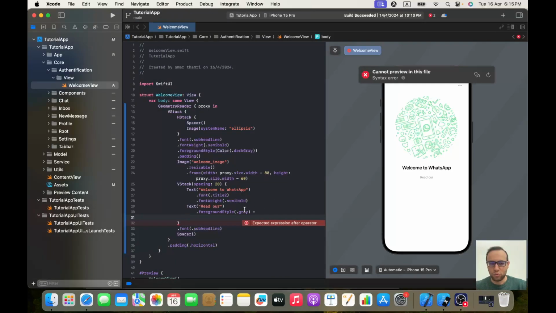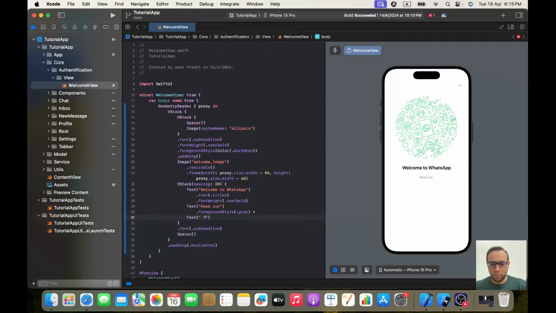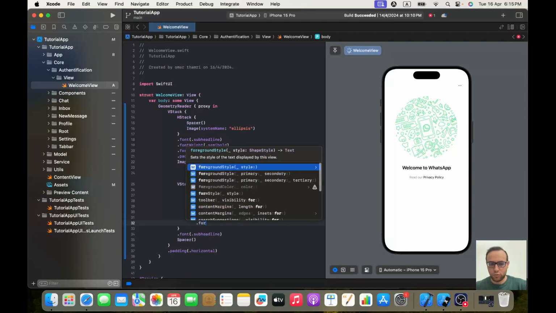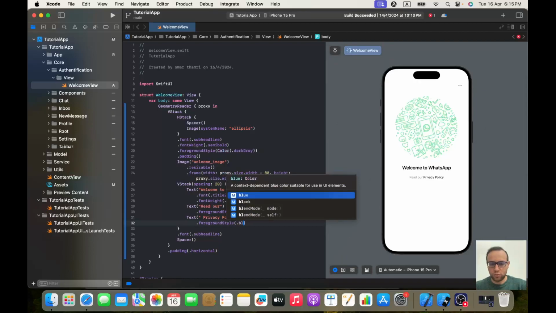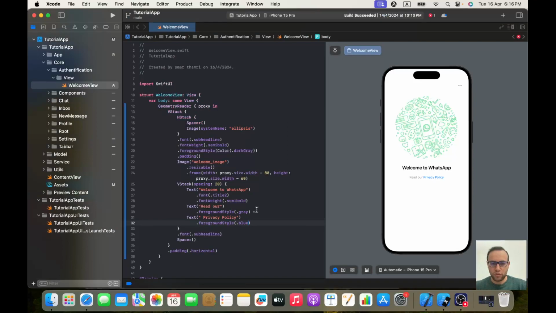It's to use a plus, and then Text, you write this one, Privacy Policy, and you give it a foreground style of .blue. Okay, so perfect. After that you see we got Tap Agree and Continue to accept, so it's the same as the one before it. So we will copy it,